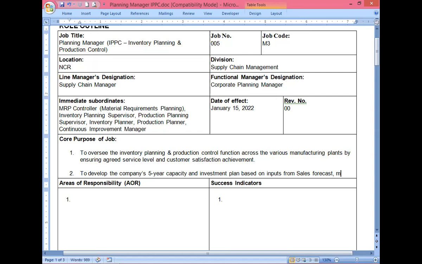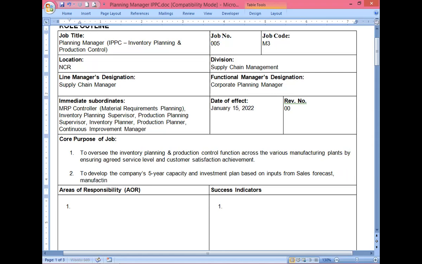Of course, from manufacturing and other inputs, because you're going to find out what is the existing capacity of the manufacturing plant. Okay, manufacturing existing, right? Is this existing plant capacity, of course, right? Plant capacity in terms of